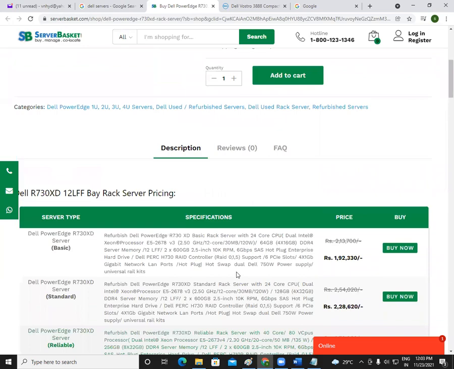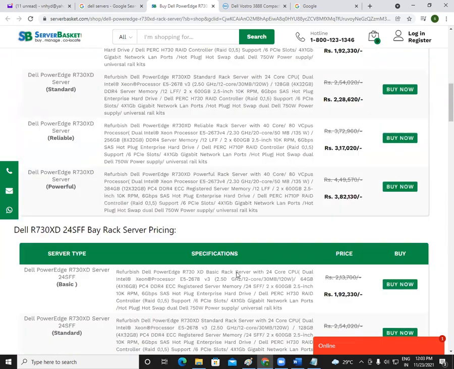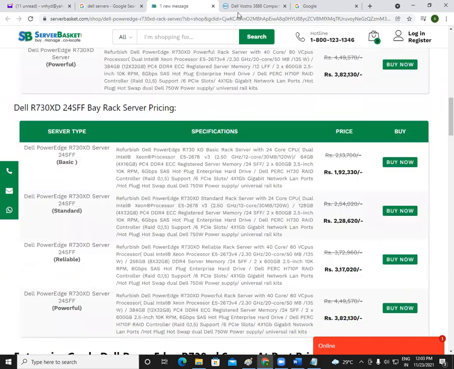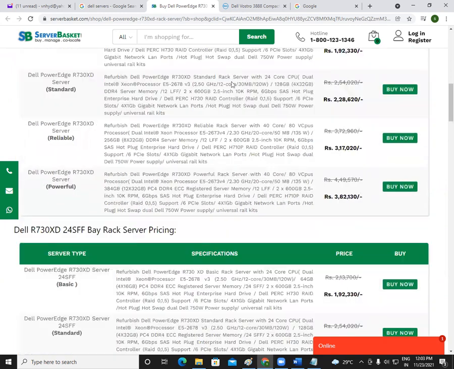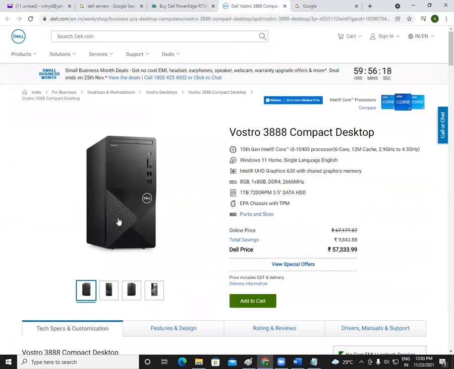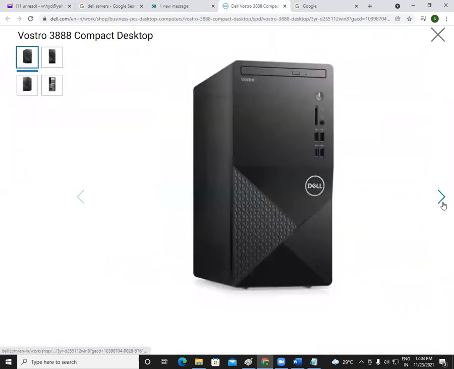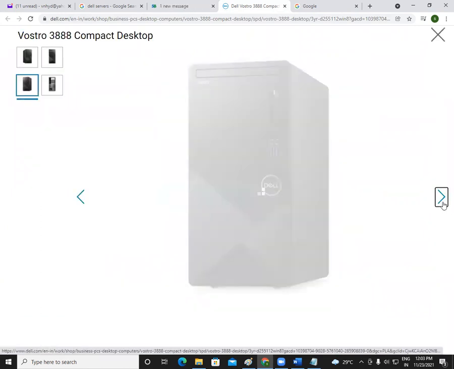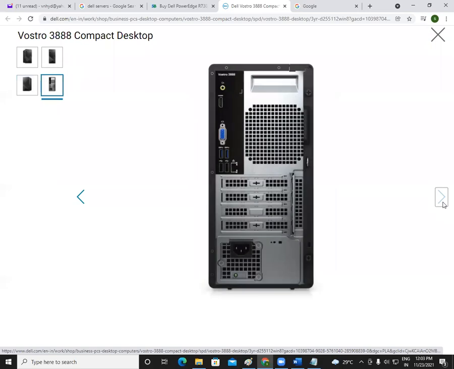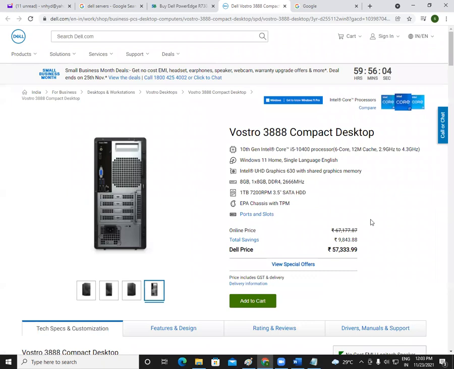But I want to show you one thing here. Okay, this is actually an old machine, so I may not show you here. But if you go to this machine, this is a new machine. It looks like your desktop machine only, right? But this is actually a server machine. It is not a desktop, friend. Remember I told you, desktop and server look exactly the same. Server will be a bit bigger than desktop, but outside and inside, they look exactly the same.